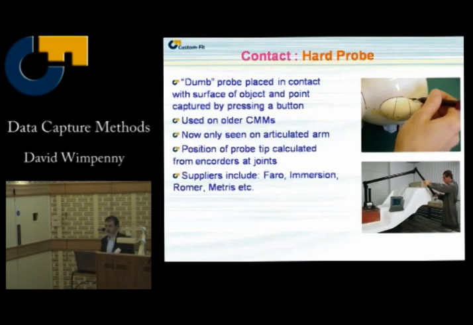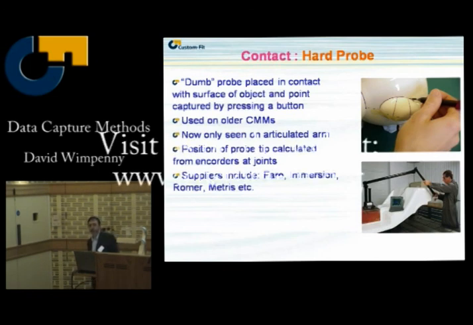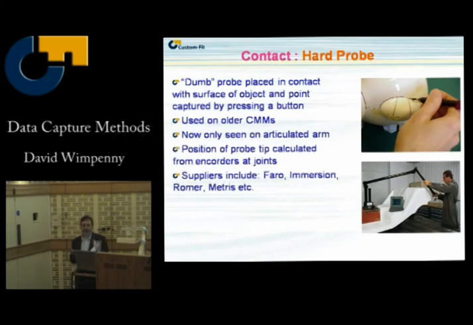Okay, hard probes. I refer to these as dumb probes. They're a piece of steel with a tip on them. Maybe it has a ruby stylus on, but usually it just comes to a point. And it's placed in contact with the object, and you press a button to collect that particular coordinate. They are not so frequently seen now. These got the old coordinate